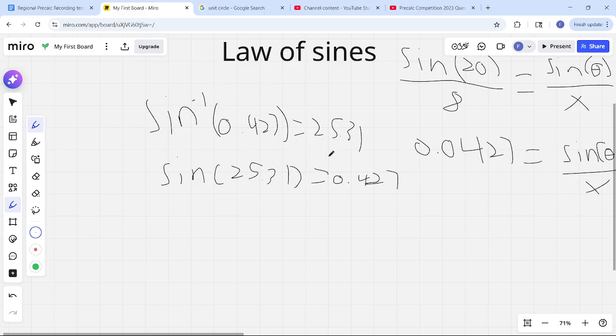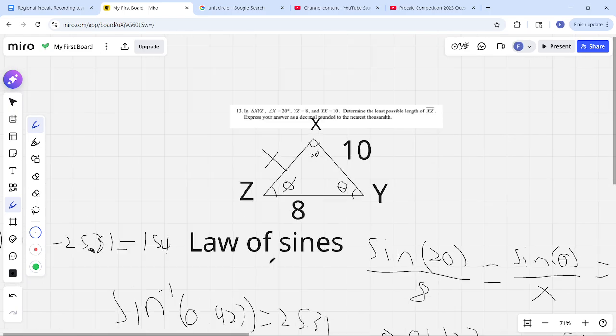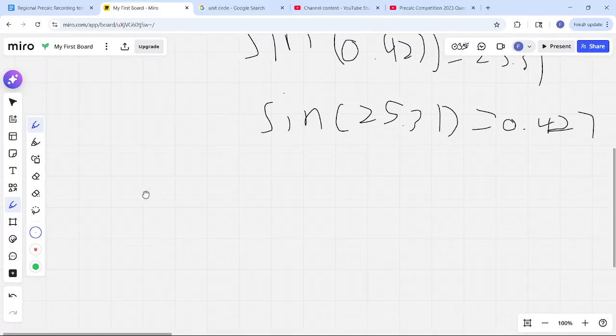And the way you figure out what the other one is, it's going to be whatever the inverse sine value gives you, and it's going to be 180 degrees minus, in this case, 25.31. That is going to be your other angle. It's 180 minus 25.31, which in this case is going to be 154, roughly. Don't round all the way since it does tell us to do in thousands, but for convenience's sake,